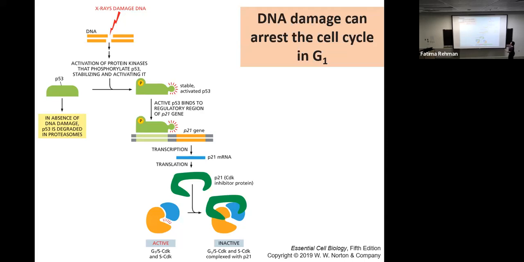P21 is a big inhibitory CDK inhibitor protein. It binds to activated CDK-cyclin complexes in G1 to S and S phase, and inactivates them. So they can no longer continue the cell cycle. It's going to cause a stall, right? It's going to arrest the cell wherever they were. They could have been in the middle of S phase and they will stop. They will not continue further. So P53, by getting activated, is going to transcribe inhibitory proteins that will lead to inhibition of the cell cycle in this case.